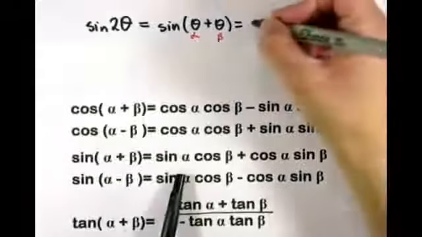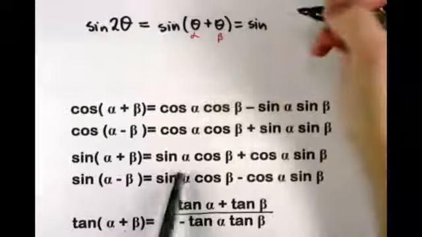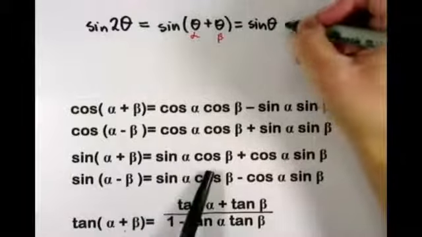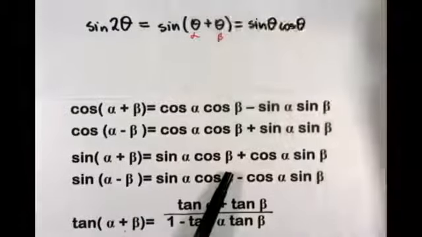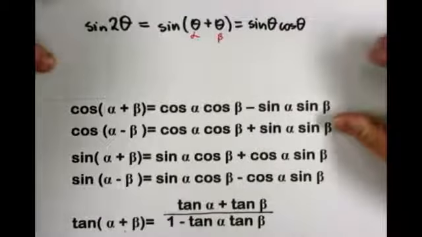So in that case I would have sine alpha, my alpha is theta, cos beta, my beta is theta. Then we have plus